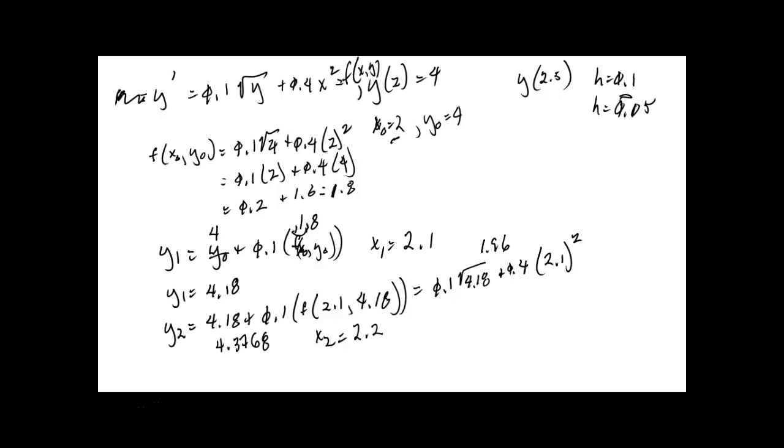Just increasing a little bit, okay? Then you do 2.4 and 4.8244, and finally 2.5 would be 5.0768. Now, I get a little suspicious because your increments are increasing each time